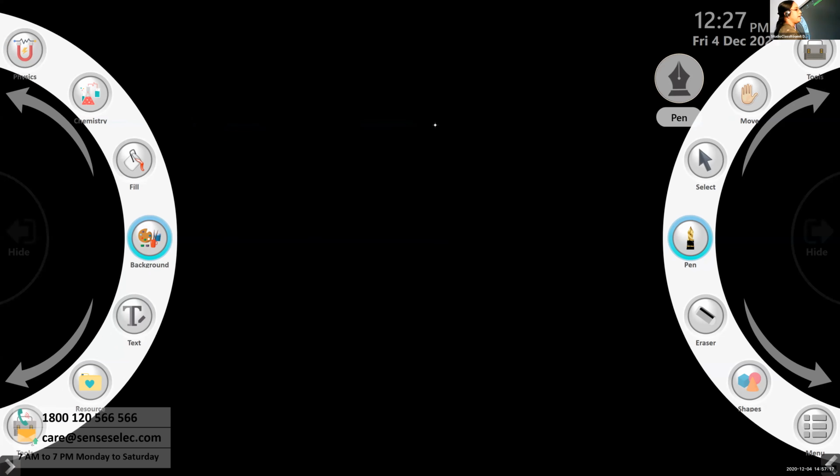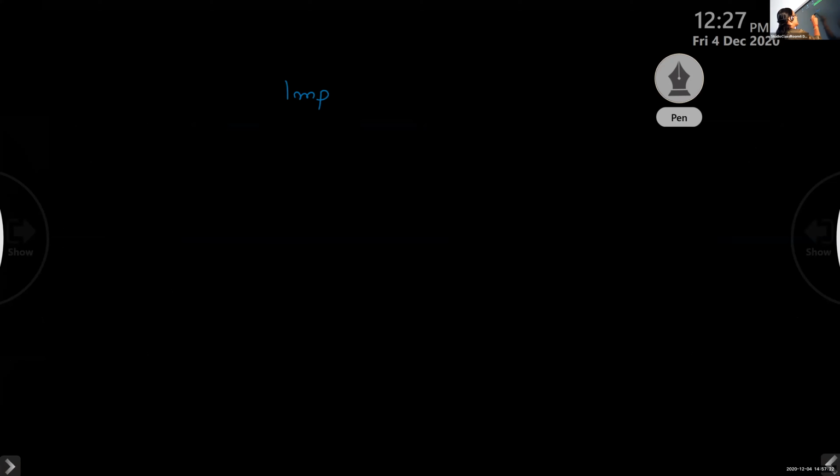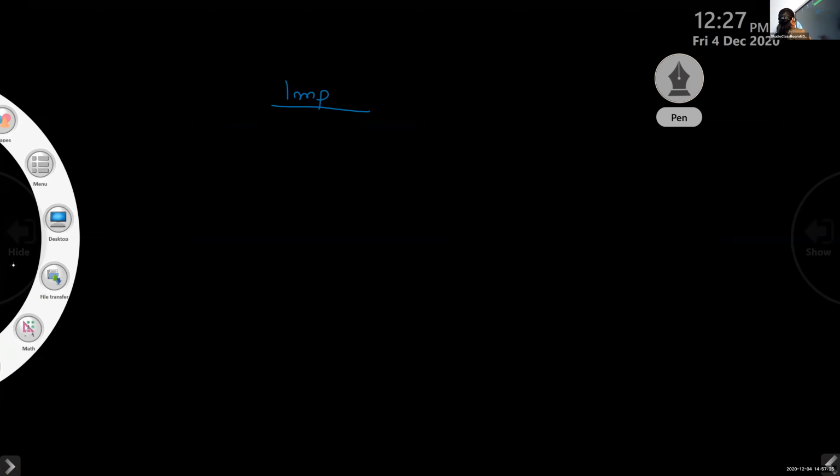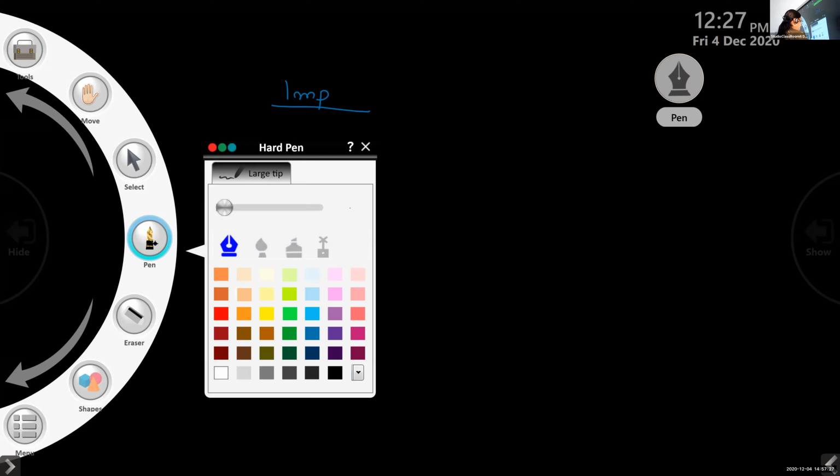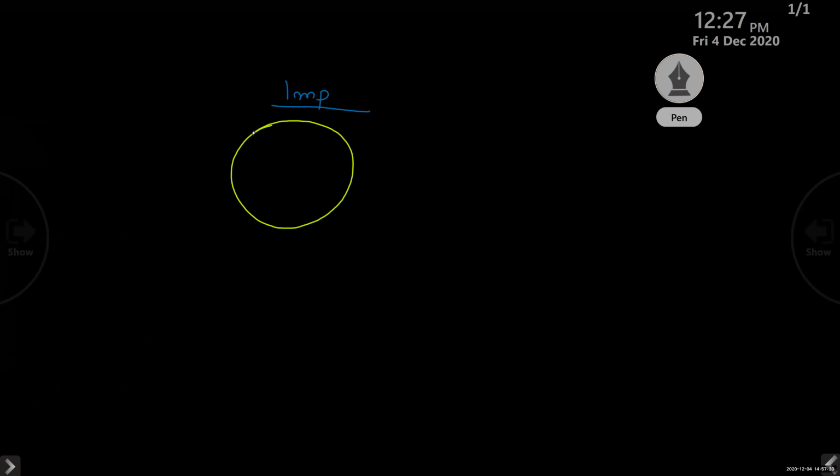See children, for doing our problems, we have three important theorems like this. The first one is the angle subtended by the center is double the angle subtended at any point on the remaining part of the circle. Suppose if it is 100 degrees, this is 50 degrees. Center angle is double the angle at any point on the remaining part of the circle. Clear? This you know, theorem 8.